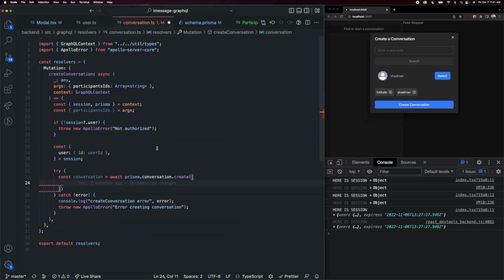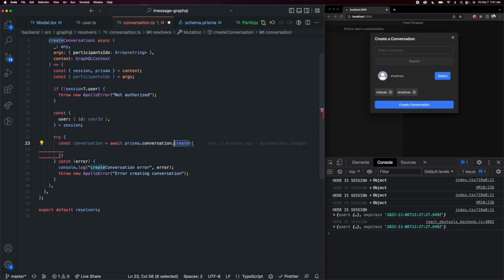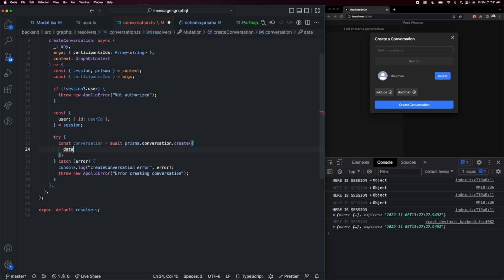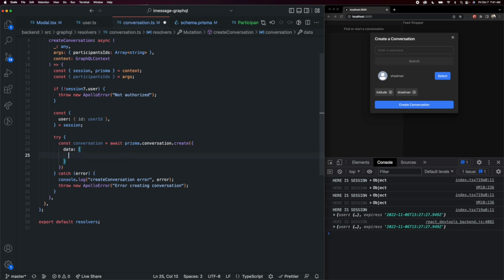So let's go back to our resolver here. When you are calling this create function on a Prisma entity, we want to pass in a value for the data. This is going to represent the actual data that we are storing in this document. So this is going to be the data that we want to